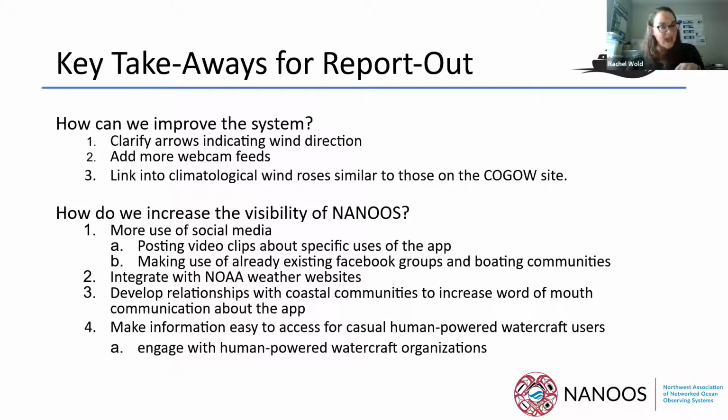able to clarify that, adding more webcam feeds, because having eyes on the water is just so useful, especially if you're out there. Things can change so quickly, and you might have all of the available forecasted data and current conditions, but it might actually look very different out on the water. So more cams, maybe actually getting actual eyes on the water from Coast Guard stations, and then linking to some of the other sites, different ways of visualizing, like the wind roses, which have other more detailed